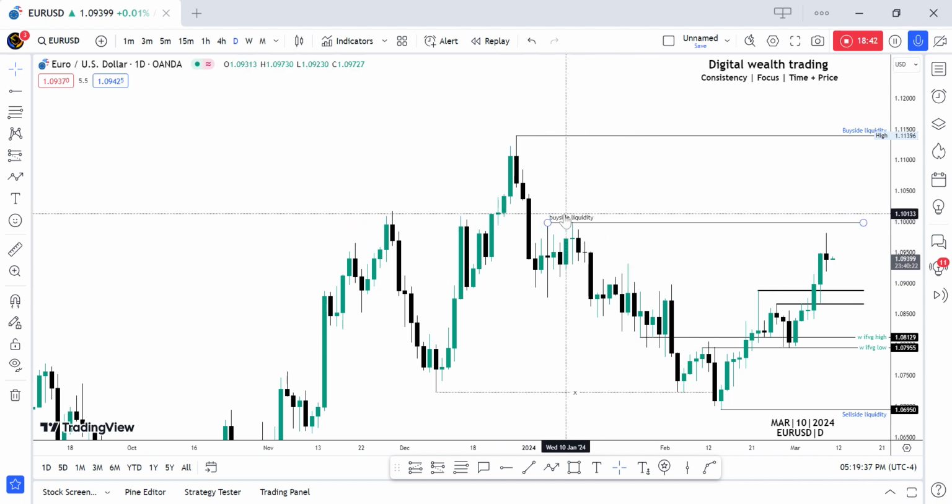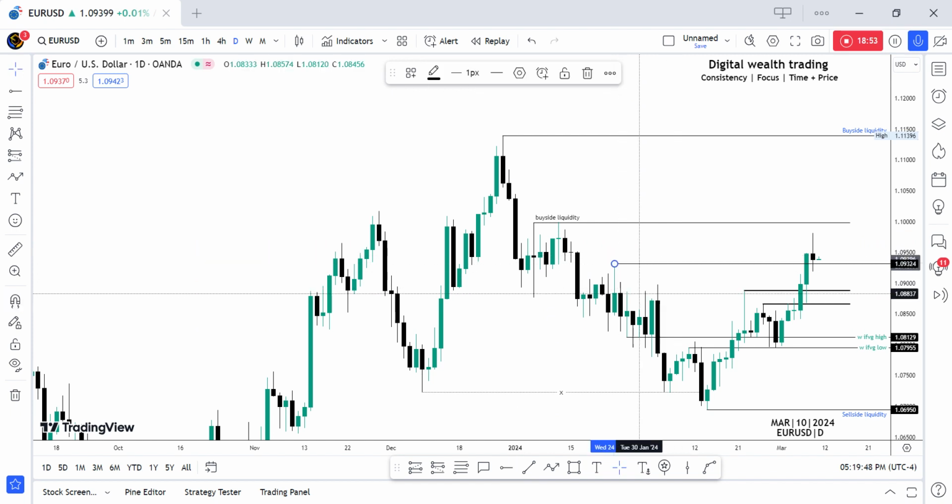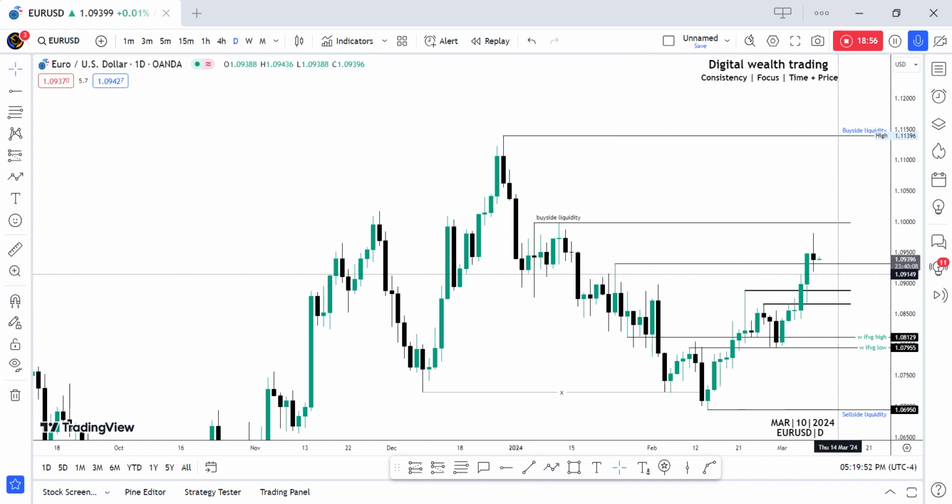We can see that next week we have now the weekly expansion. Last week I called the weekly expansion to be this buy side. If you watch my video, I was referring to this high as our buy side for the week, and we can see that we have achieved that. The next buy side liquidity we have now for next week is this one. Now if we take this one next week, and we did not take this at the end of the week, then we can look forward to the upper week. This is how we're going to be cutting them one after the other, and how we're going to be framing our ideas on this market.